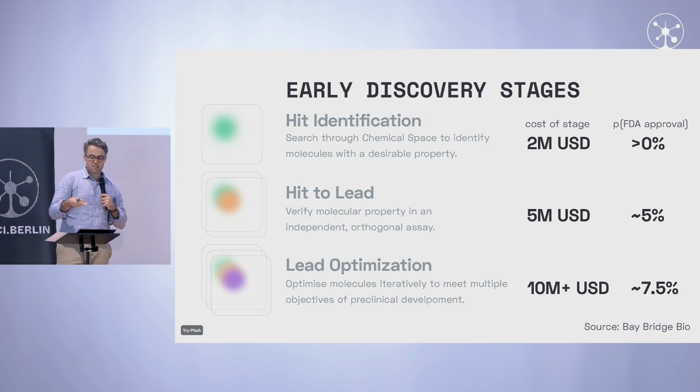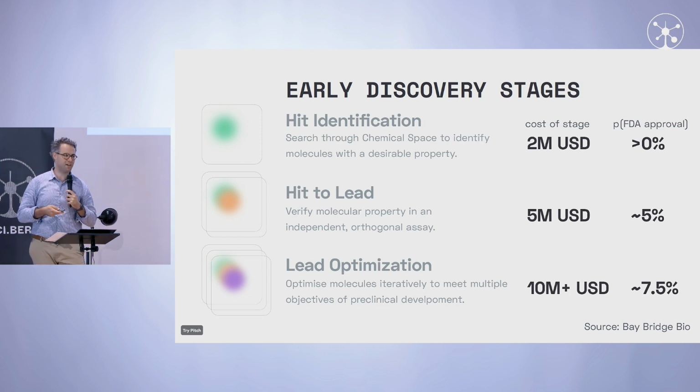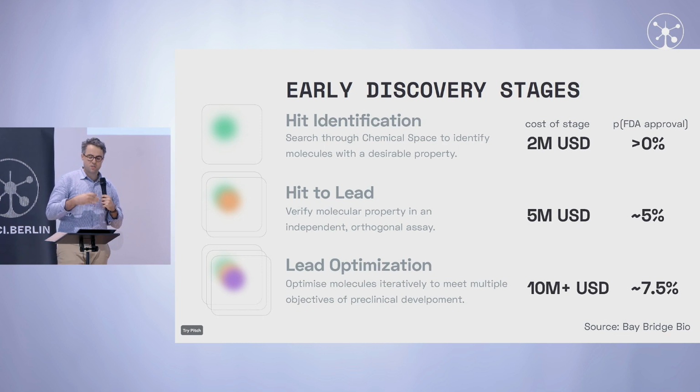And when we look at these costs, they're nothing like the type of money that we're usually spending in DeSci projects. So even going through the hit identification in a rigorous and professional manner usually costs you about $2 million based on this model. And obviously we have to take this all with a grain of salt because these data are somewhat selected. If we go further, the cost just keeps compounding.